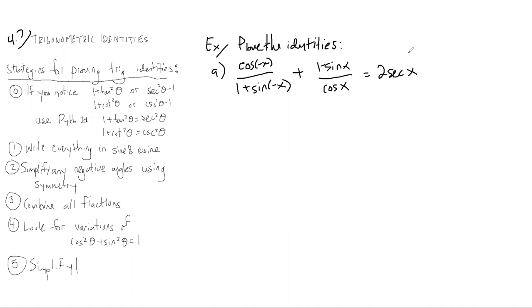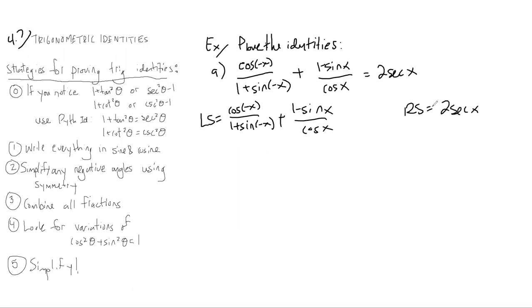So we've got this big trig identity here that we want to prove. I'm going to start by separating it into my left side and my right side. The reason why I put the first one as 0 is because it's nice if you notice that immediately, but you don't necessarily ever have to use these identities if you do step 1, which is turn everything into sine and cosine. So that's what I'm going to do first, apply step 1 over here on the right